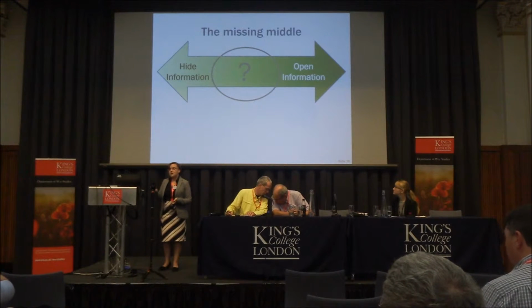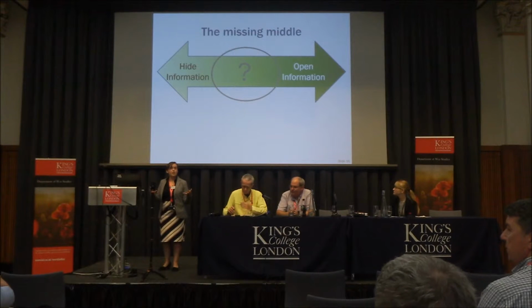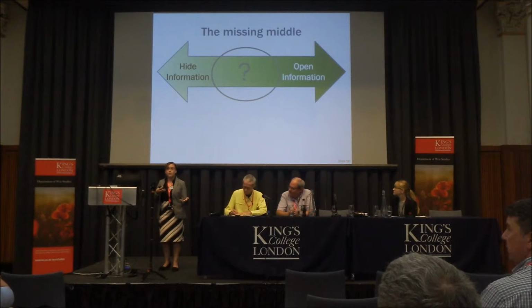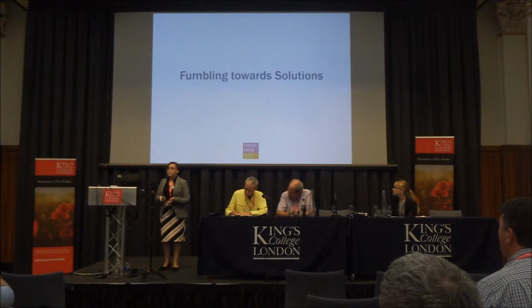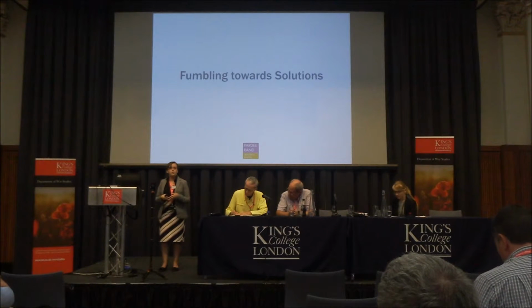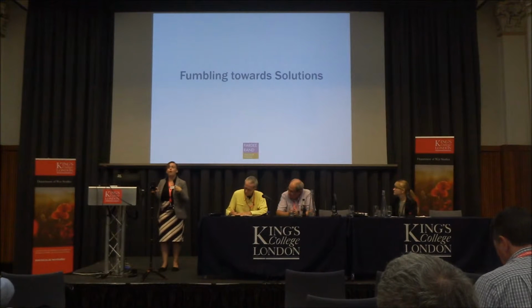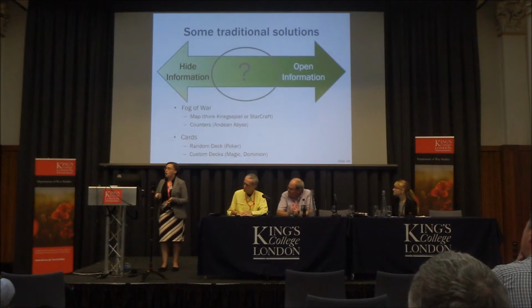What I think we want instead is something that might sit somewhere in the middle. What are our options that would allow us to have some hidden information and some open information so we get the benefits of both approaches? So, as I said, I don't have a fully formed answer, but I have some initial thoughts about where we might be able to pull some answers that might be useful that I want to lay out.